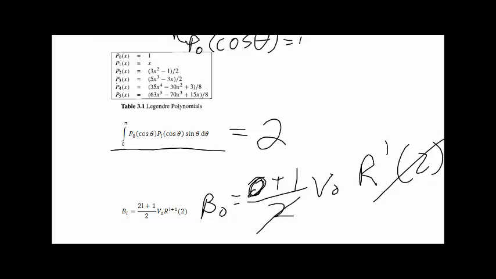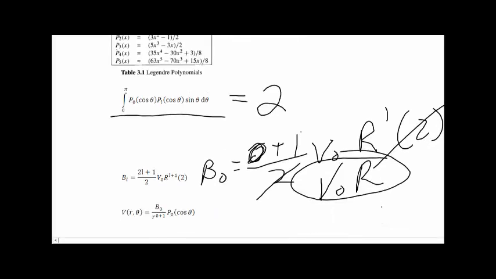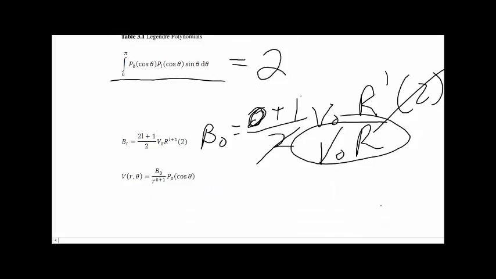2's cancel. You got your 1 there, that goes down, so you just have V naught R. V naught R, and that's your solution for your B is a 0. Then you're going to plug it back in right here. When you do, you're going to have V equal to V naught R over R to the 1 times your